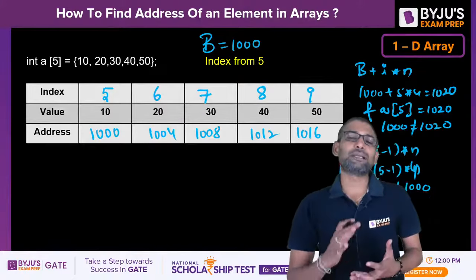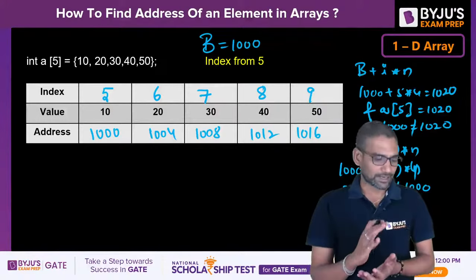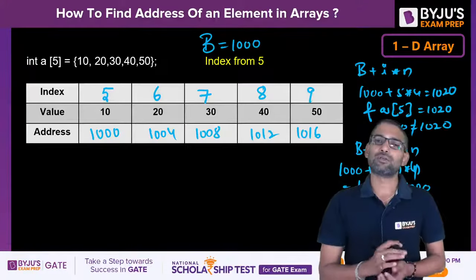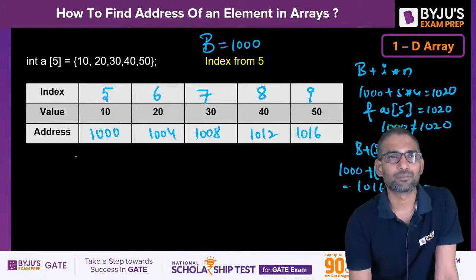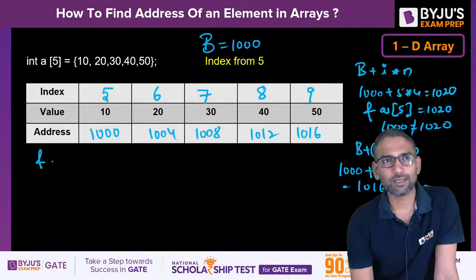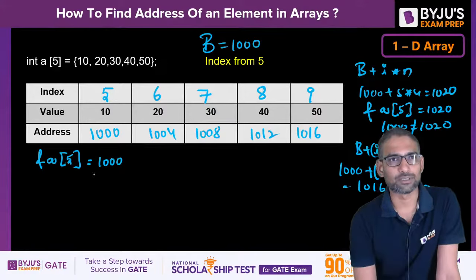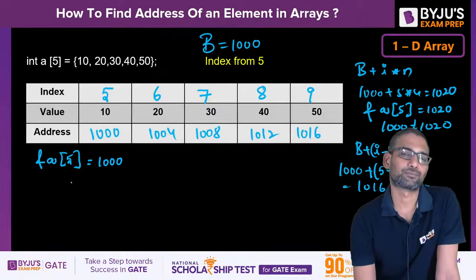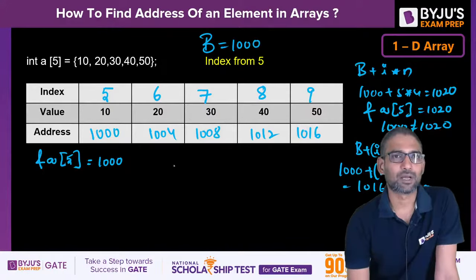So I multiplied by n, you are not getting the correct address. I minus 1 multiplied by n, you are not getting the correct address. Then how am I getting it? See, address of A of 5 I want, that is 1000, right? Okay, carefully observe. Address of A of 6 is